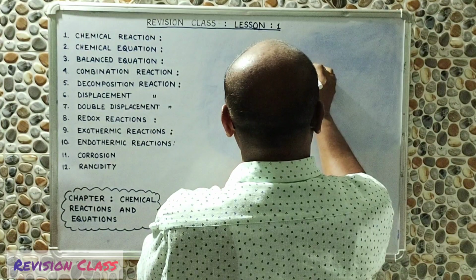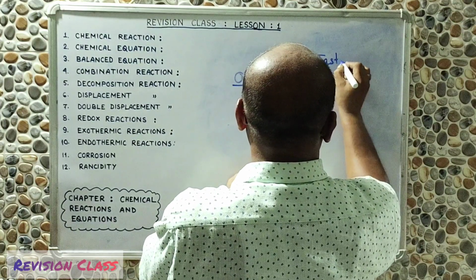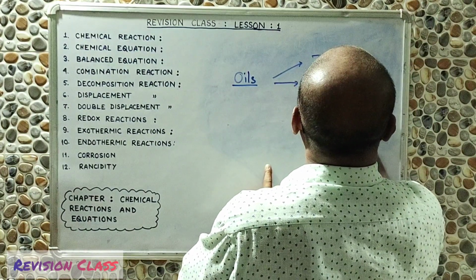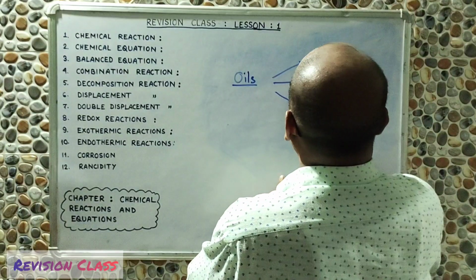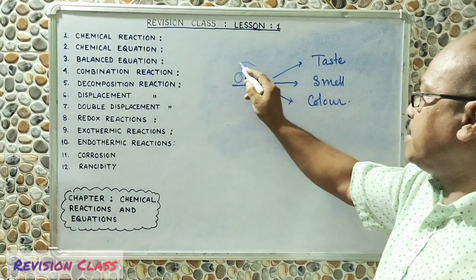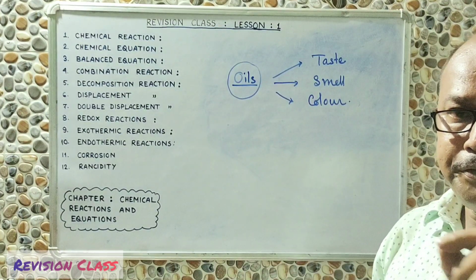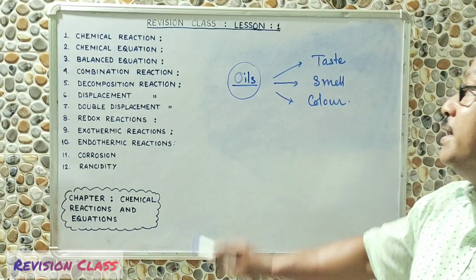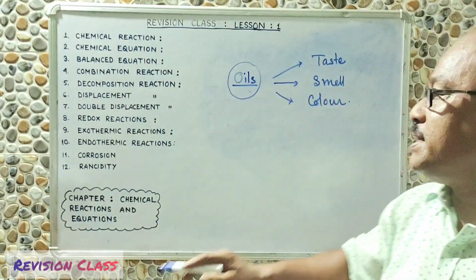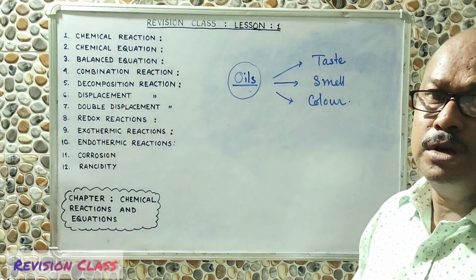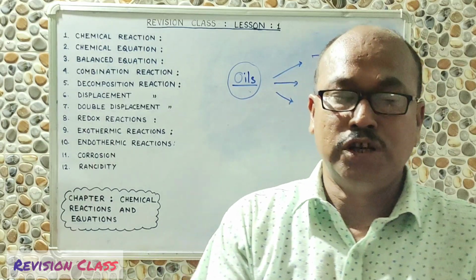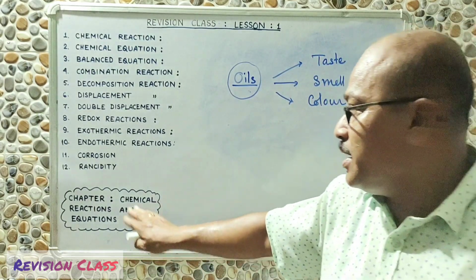As a result of spoiling, there will be a change in the taste of the food, there may be a change in the smell of the food, and there may be a change in the color of the food. If the food cooked in oil comes in contact with oxygen, then the oxygen will start reacting with the oil present in the food, and as a result the taste, smell and color of the food will change, and the food remains unfit for consuming. This process is called rancidity.